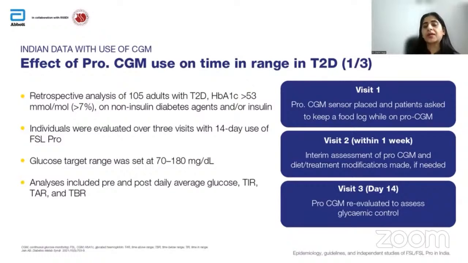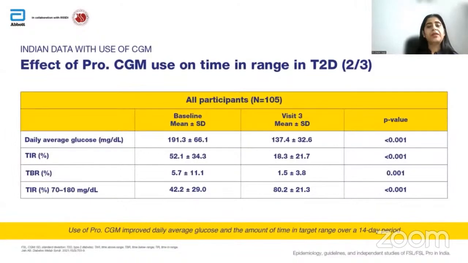So at the first visit, a CGM sensor was placed and patients were asked to keep a food log while being on this CGM. Within a week, the second visit was executed, where an interim analysis of pro-CGM and diet treatment modifications was made if required. And the last visit on day 14, the third visit, was when the CGM was re-evaluated to assess the degree of glycemic control. So as you can see here, when it comes to time in range, between the baseline visit when the sensor was initiated and the 14th day visit when the CGM was completed, you see